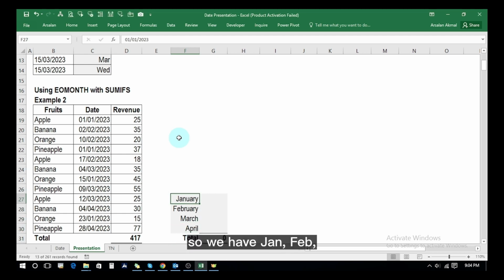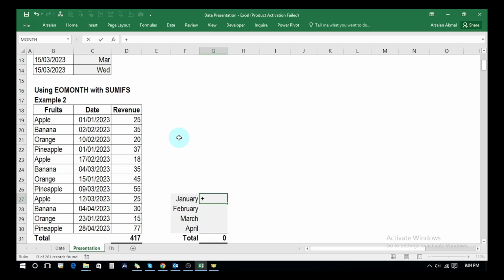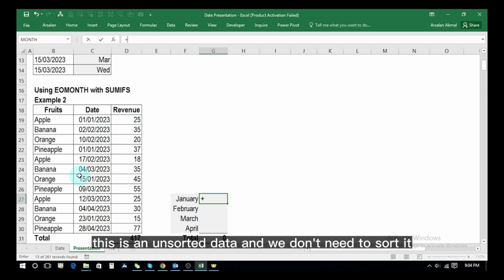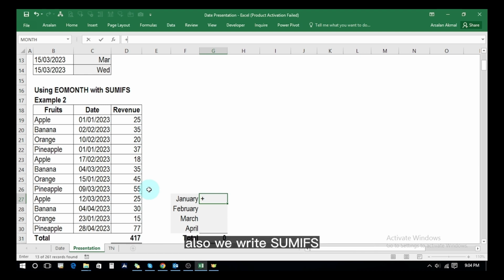So we have Jan, Feb, March and April of 2023, and now we will be using the SUMIFS formula. This is unsorted data and we don't need to sort it. We will get our desired results accordingly, which we will check manually also. So we write